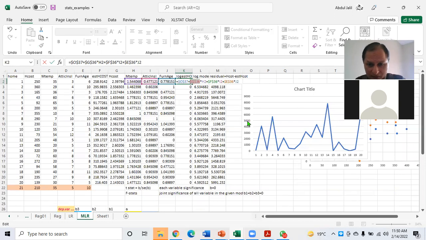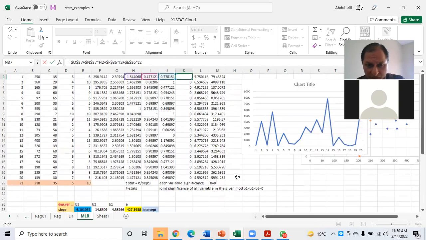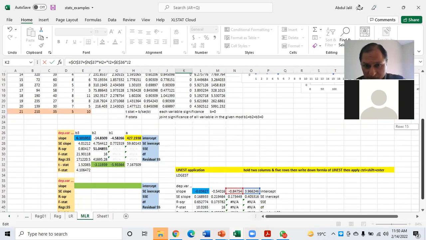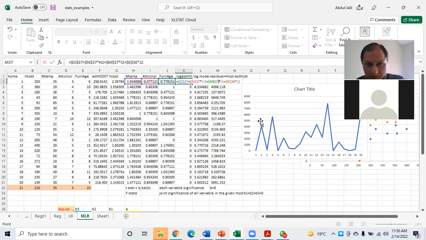Then the second value will be this one, F4, and then the third value will be this one, F4, and then your last value will be,